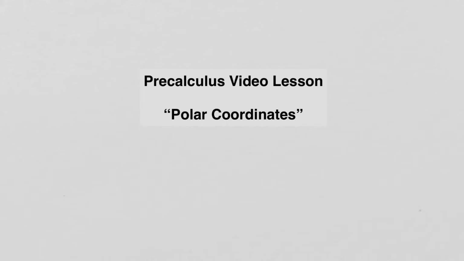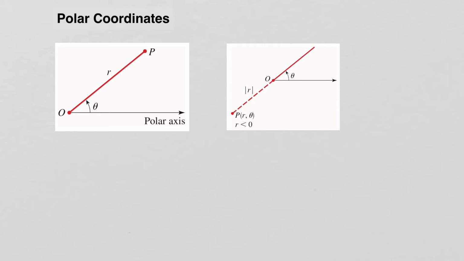Polar coordinates. Polar coordinates gives us an alternative method for locating points in the plane. So if we have some point here called the pole, and we have a ray coming from that point going